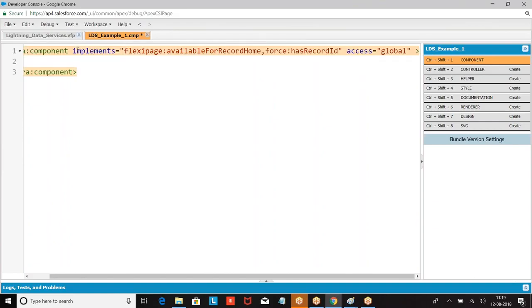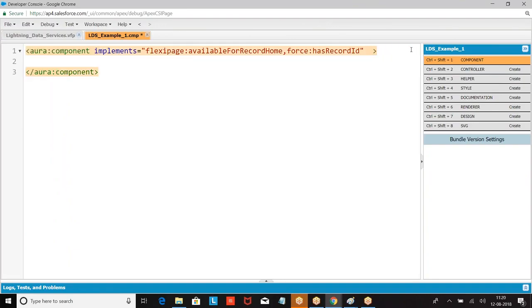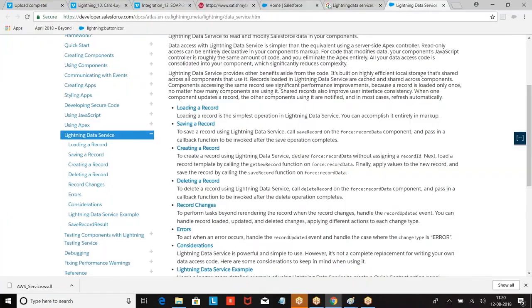flexipage:availableForRecordHome, force:hasRecordId. If I have these two interfaces, a component is created with available for record home, right? So what I'm doing, go back to this.